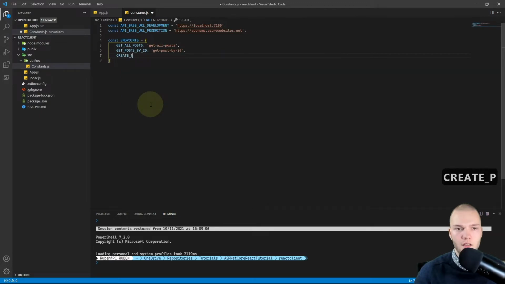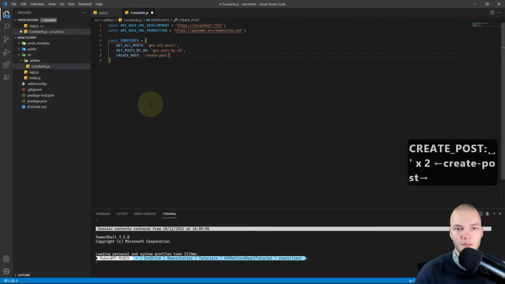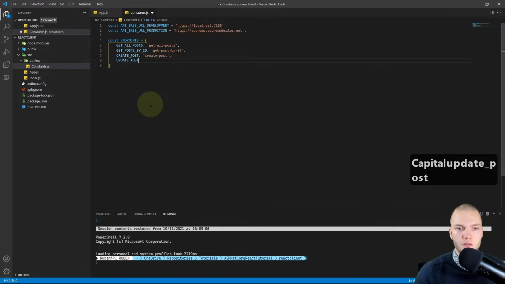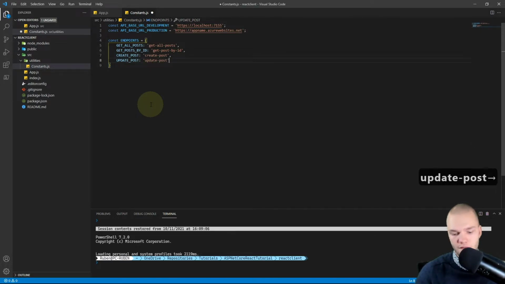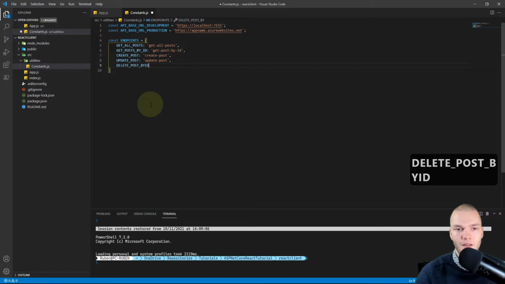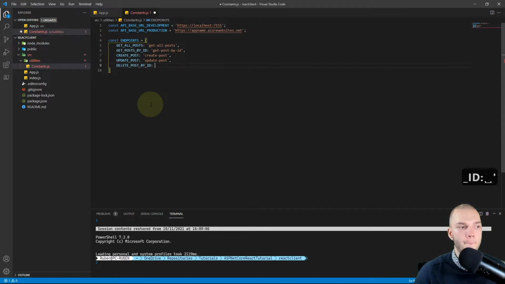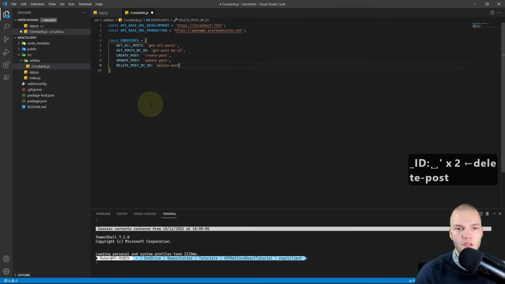then CREATE_POST, and I'll set it to create-post, and UPDATE_POST, and I'll set that to update-post, and finally DELETE_POST_BY_ID, and I'll set that to delete-post-by-id with dashes.